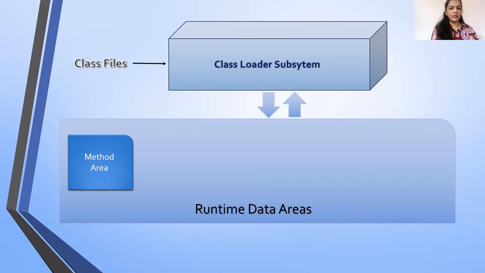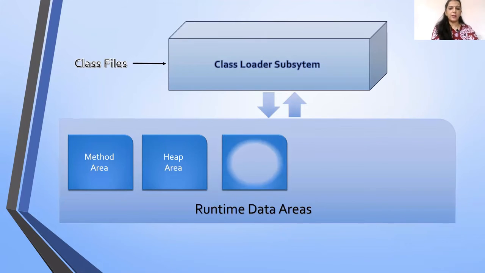The same method area is shared among all JVM threads. Threads are nothing but the different processes you can see. After the method area, the second area is the heap area, where all objects and arrays are stored. After the heap area, the third area is the stack area, where a separate stack frame is created for different objects. All local variables and the flow of all called methods are stored in the stack frames.